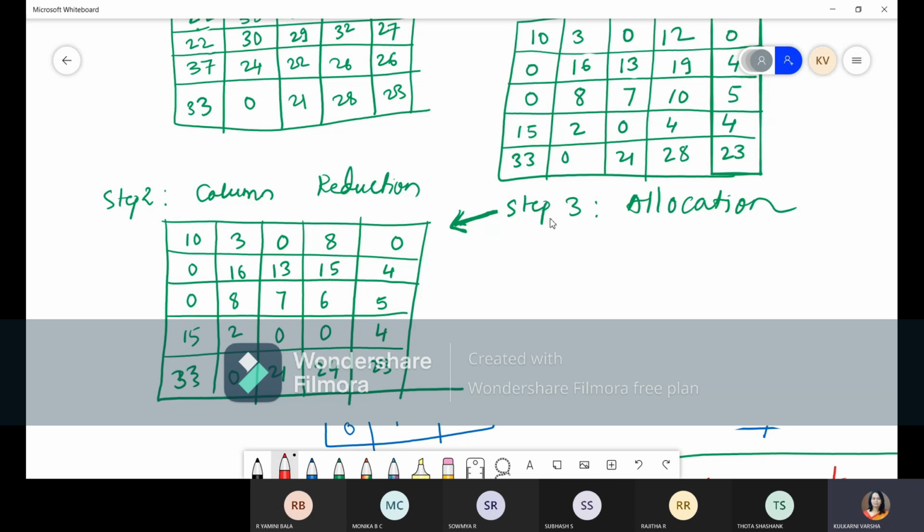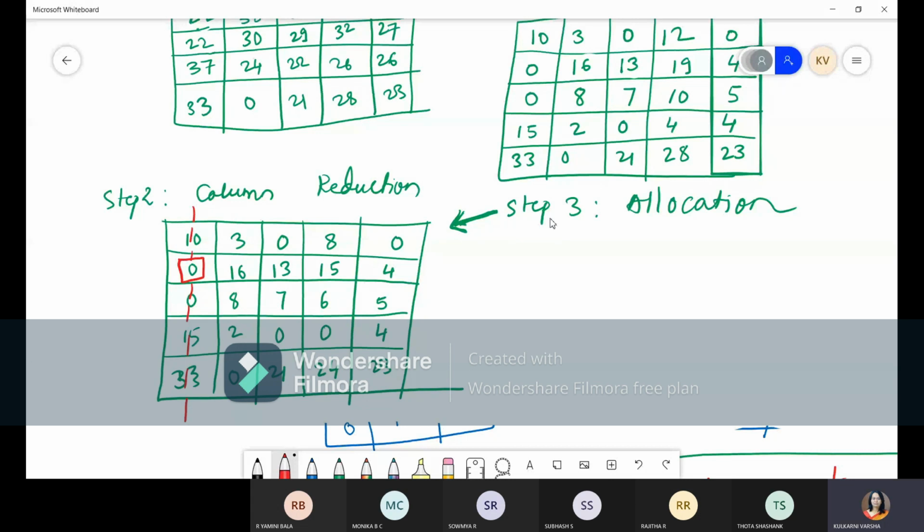So in this first row, there are two zeros, so we cannot allocate anything. So go to the next row. Now in the second row, there is only a single 0, so allocate that 0. So we are allocating. Allocating means what? We will draw a square on that. As we are doing row wise scanning, if we allocate any 0, we need to cancel that column. If it is row wise scanning, cancel the column. If it is column wise scanning, then cancel the row.